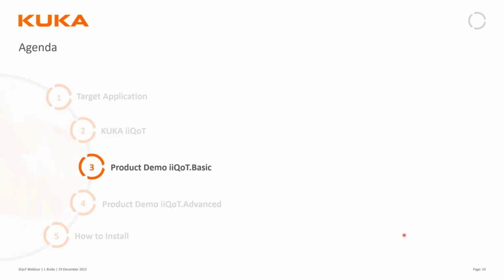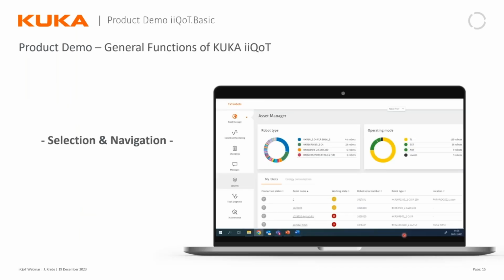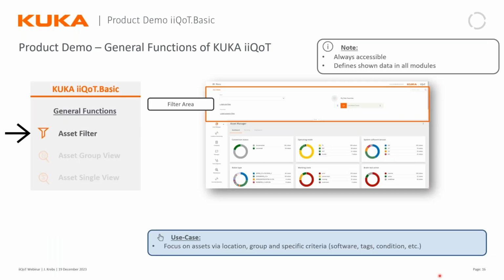All right. The next point I want to cover is the product demo. Probably the most interesting part of that. I want to start first with 3 general functions on iiQoT, which are really useful and really important to understand. It's selection and navigation. So if we start from the top here on the header of the display, we have